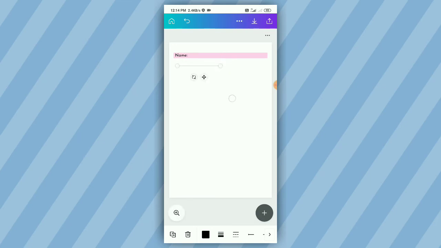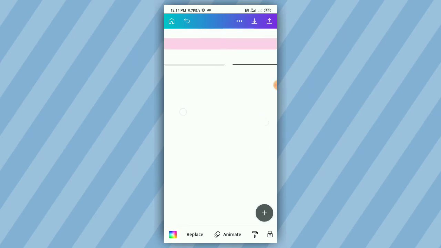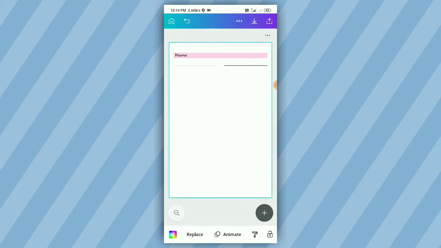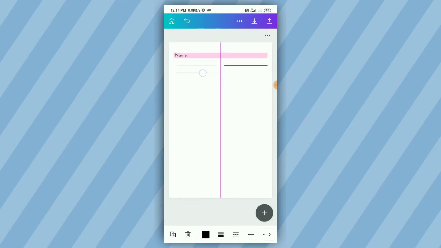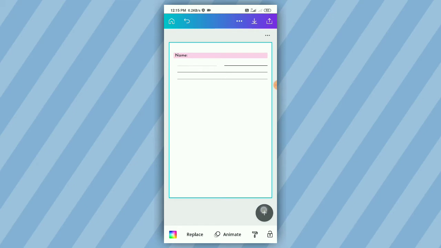Just wait, I just reduce the line. Yeah, it's good. Now I duplicate the line and paste it on the right side. This is an email space, guys. Put some space in the middle portion because we add an email element, and again duplicate the line. I just duplicate it. Increase the line size for adding address details, so give some large size. And again copy this same line, guys, I just drag it below. Yeah, we added all the lines.